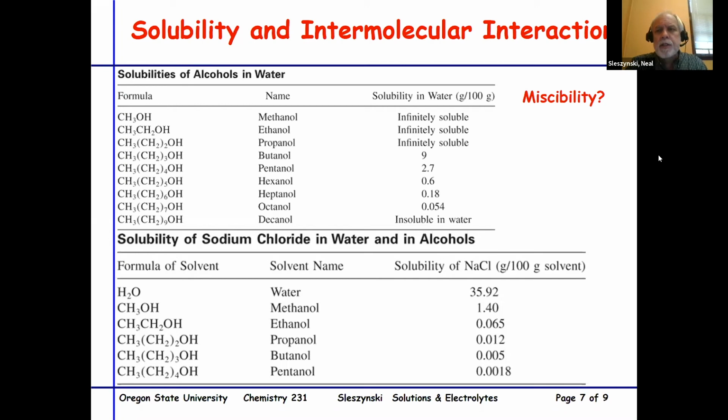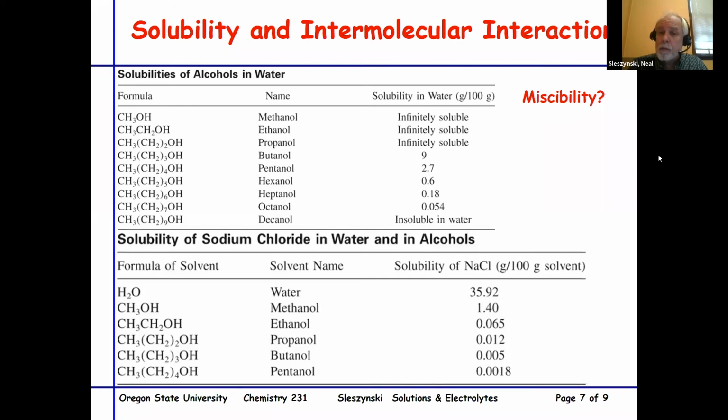So if we take a look at a simple alcohol like methanol, that's wood alcohol, that's not drinking alcohol. Methanol and water, because they're both hydrogen bonding solvents, are infinitely soluble in each other, and they are completely miscible. Ethanol, exactly the same relationship. Propanol, exactly the same relationship. Butanol, now if we take a look at the formula for butanol, we see that we have a large portion of the molecule dominated by carbon-carbon, carbon-hydrogen nonpolar bonds,